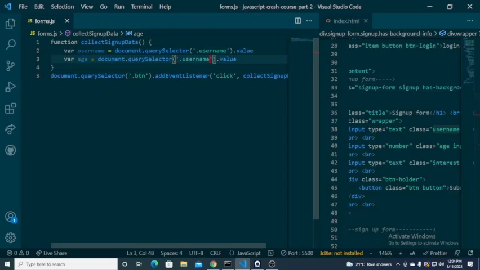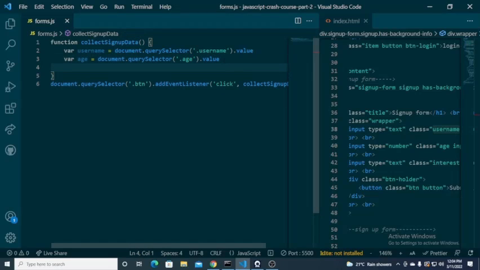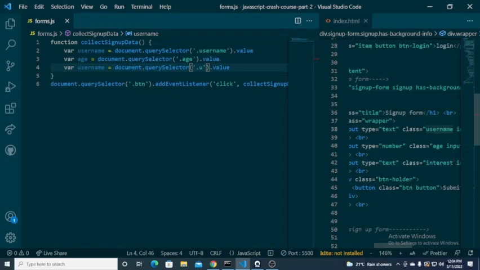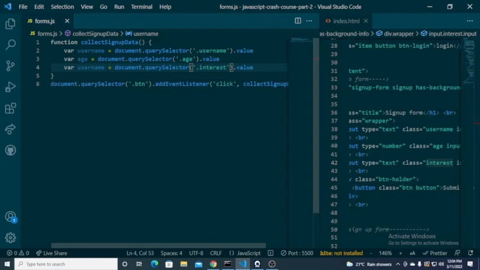So to reference that, we need to just say dot age, and then come back again, and then we're gonna paste that, right? And then I think this time it's interest. Let me just confirm. Okay. So I'm just gonna copy that and then paste that,